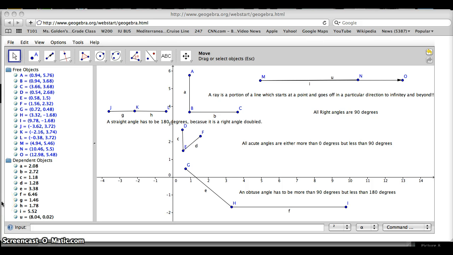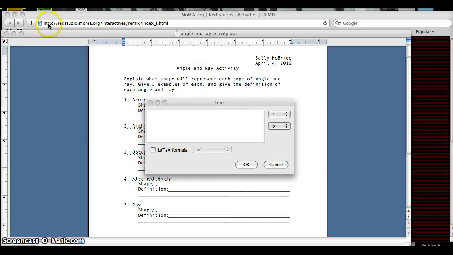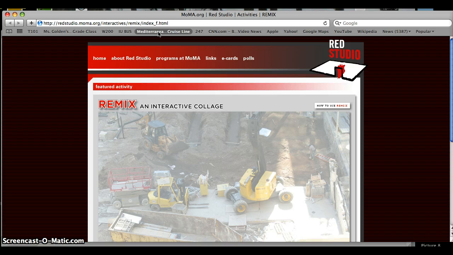After learning these key concepts about angles and rays, we're now going to do a project. We're going to do this, if I can find it, through MoMA.org, Red Studio, and it's basically an art website, but we're going to use it to our advantage for this math lesson. So I want you guys to all go to this website at the top of the page. It's redstudio.moma.org/interactives/remix/index